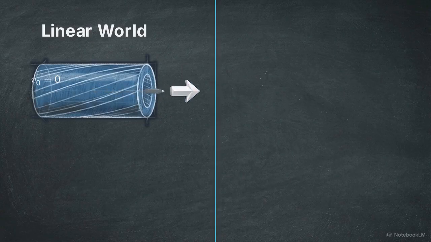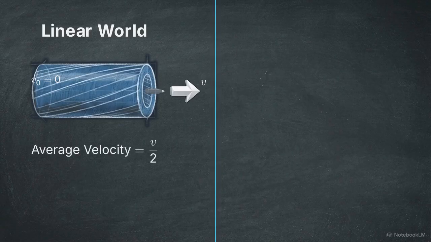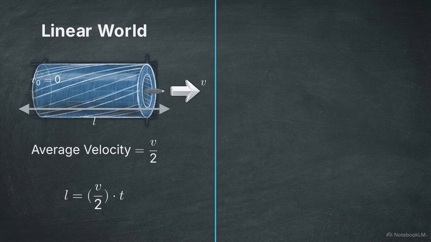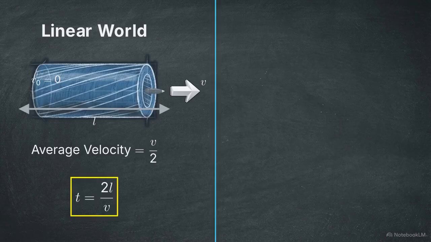Rather than calculating the acceleration directly, we can use a shortcut, average velocity. Since the acceleration is constant, the average speed over the total distance is simply halfway between 0 and the final velocity, which is v over 2. We know that distance is the product of average velocity and time. In this system, our distance is the barrel length, L. Rearranging this to solve for the duration of the event, we find that time equals twice the distance divided by